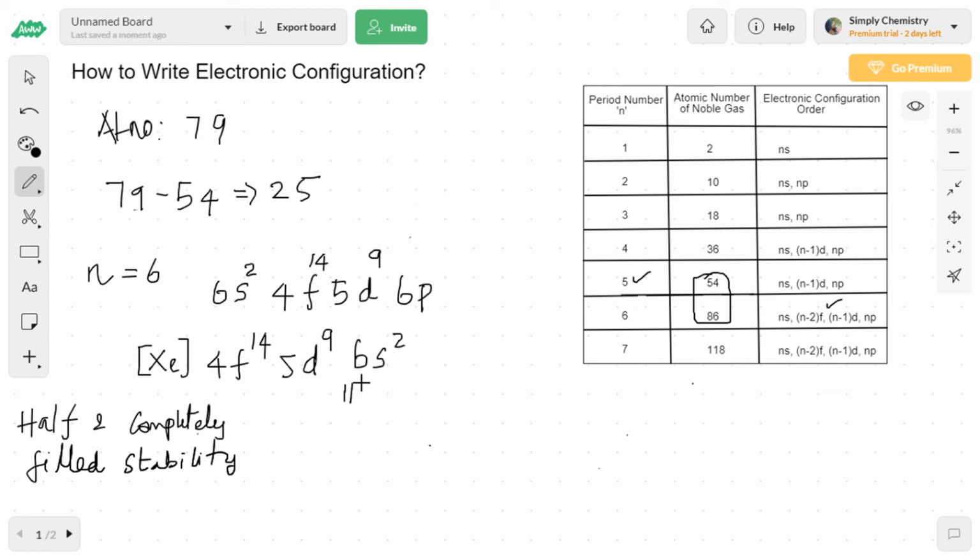So in reality, the electronic configuration will be xenon, 4f14, 5d10, 6s1. And we know that the last added electron goes to the d shell, so the element belongs to the d block.